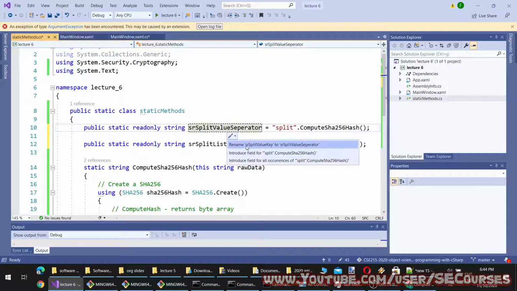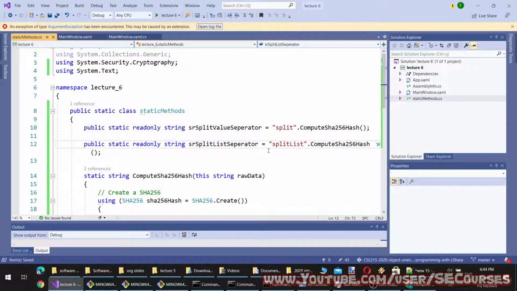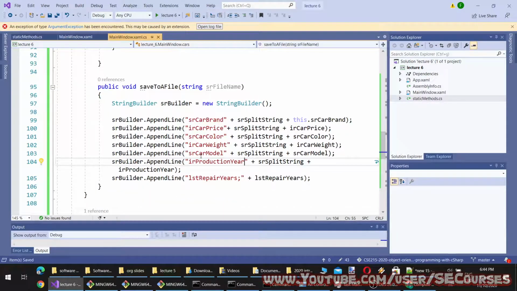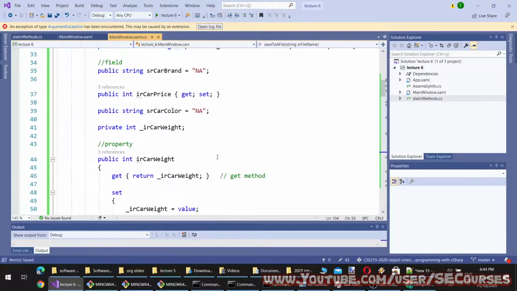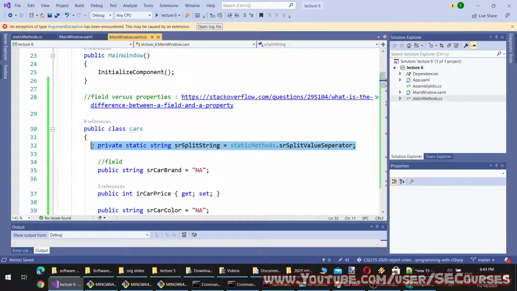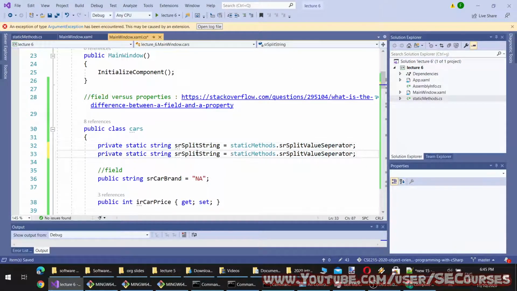And I will rename it. And the split list I will use, and let's define it here. Or we can directly use it like this.